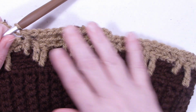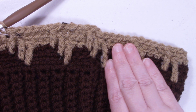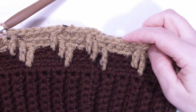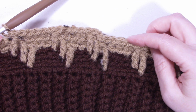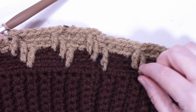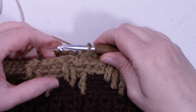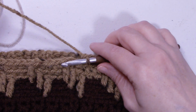Okay, we're going to repeat this pattern all the way around. We get back to the beginning again, and row 6 ends with 3 single crochets in your back loop only. I'll meet back up with you at the end of row 6 where we're going to change colors again. I'm at the end of row 6. We still have 60 stitches left, and we need to